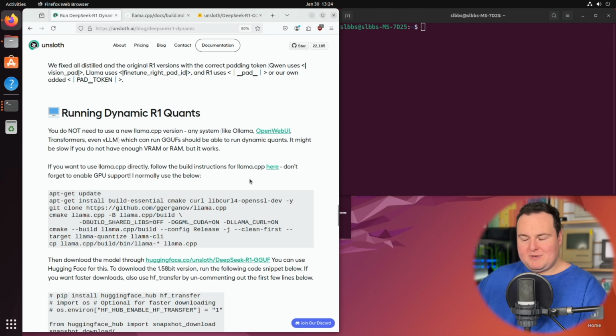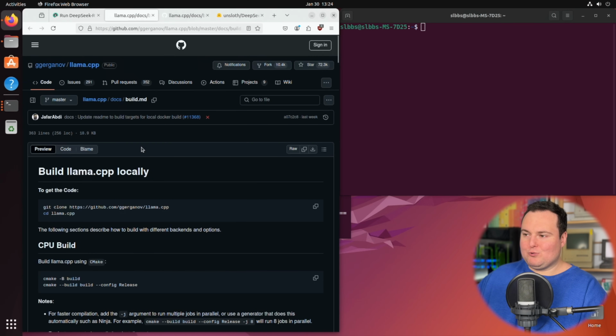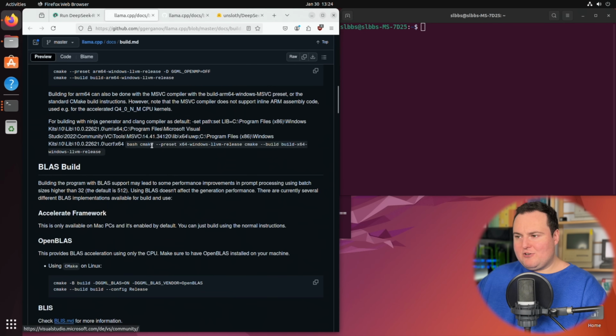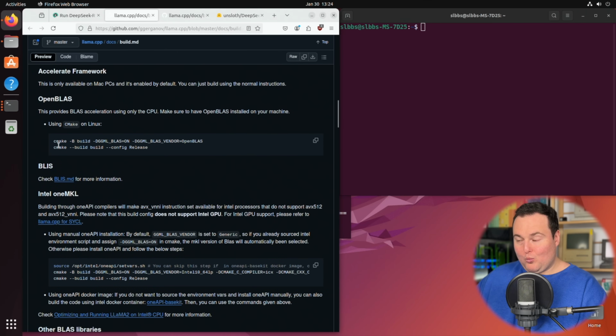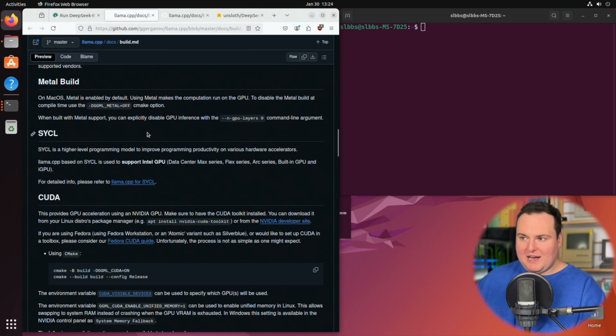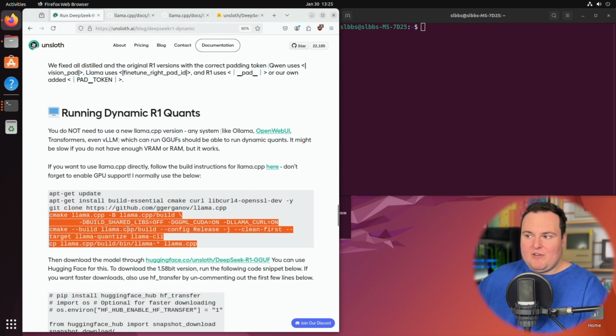If you are attempting to do this on a machine with a different configuration, perhaps you don't have an NVIDIA card or something like that, I would recommend taking a look at these actual build instruction documentations. And really, if you find yourself a little stuck, thinking, okay, this is quite overwhelming, which of these flags do I append to actually build this for my specific system? I would honestly copy this command right here, put it into your favorite LLM and say,